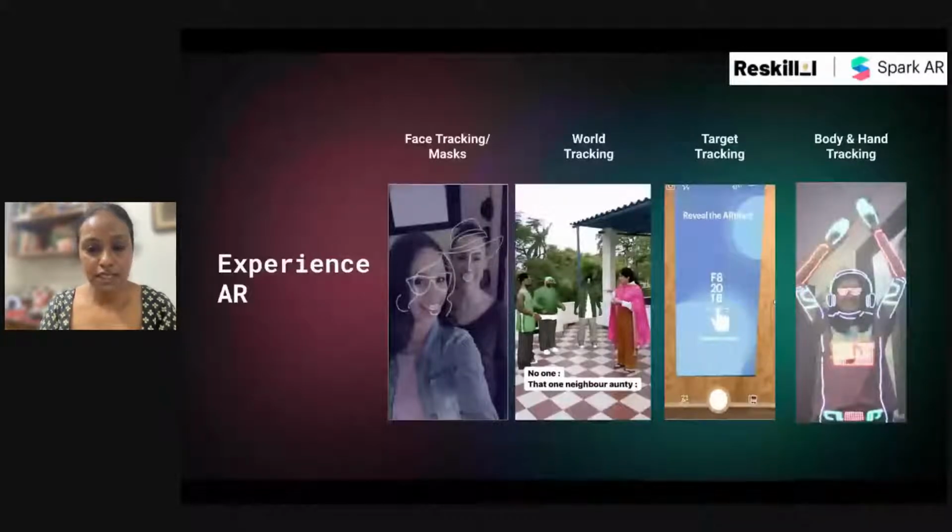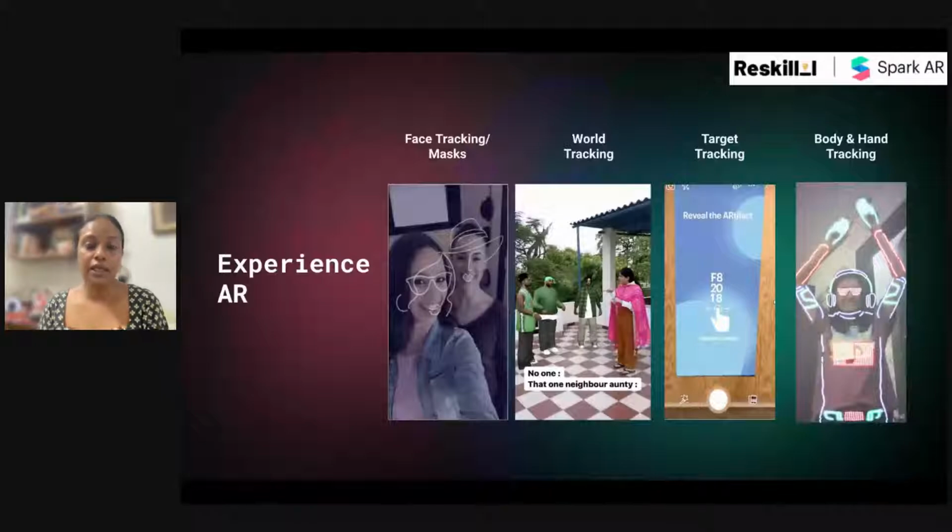So there are four key capabilities where AR is being used currently. To give you a brief insight, we've all come across these face filters where we can add a mask on our face. This is done by using a face tracking capability. The popular Swedish chain of home furnishing stores, IKEA, uses AR to help their customers choose the right furniture for their homes through the world tracking capability. Similarly, while QR codes are very normal to scan now, we are now able to scan pamphlets and business cards